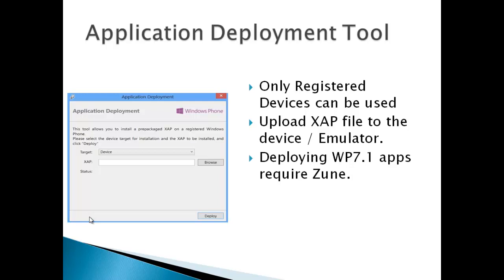And if you are deploying Windows Phone 7.1 apps, for example, when you are creating a project and you said, I want to target the platform Windows Phone 7.1 rather than Windows Phone 8, then while deploying the XAP file, you need the Zune software to be running, or else you'll get an error saying that Zune is not running. You need to download and install the Zune software. So if I were to show that,